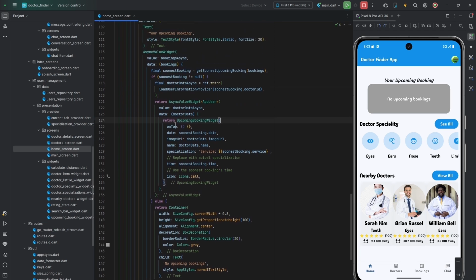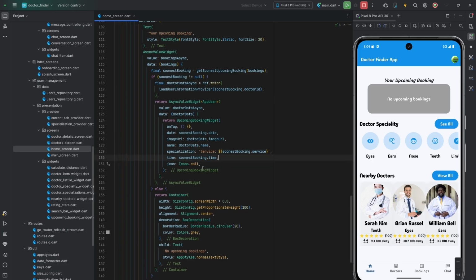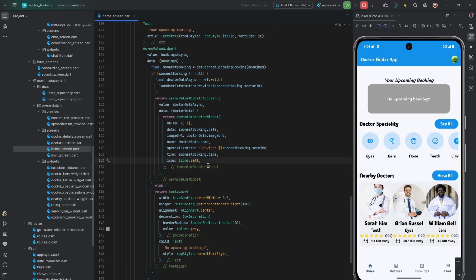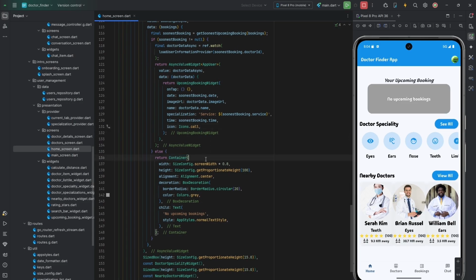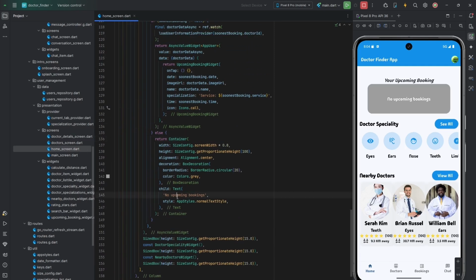So the date is going to be the soonest booking's date, or rather the date of that booking. The image URL is the doctor's URL, then the doctor's name, and the service that we want, maybe the eyes or ears, okay. The time, of course, is going to be the soonest booking's time, okay. And for the icon, you can use Icons.call here, okay. Else, if we don't have any booking, we can use the one that we had earlier, this one, saying that we don't have any upcoming booking. If I save that,